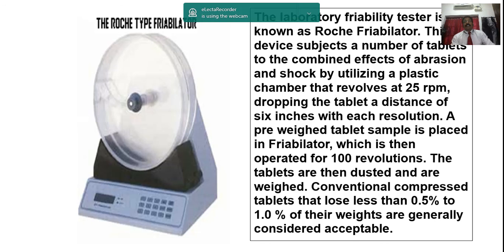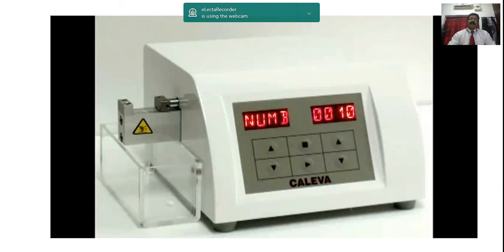Actually I wanted to discuss the Roche friability tester also, but in the 18th class I did not mention that. Anyhow, in the next class on coming Saturday I will explain it. Let me go on giving only the details that I have taught in the last class. In the last class, I ended with this hardness tester. I did not even come to the friability tester. Next class, we will go into those details. So this is the class which I taught on 18th July.